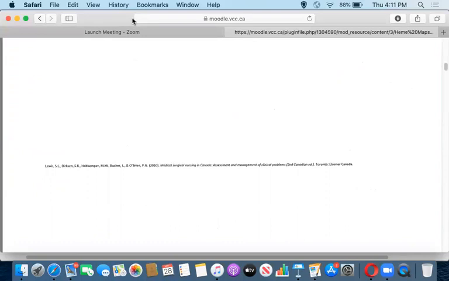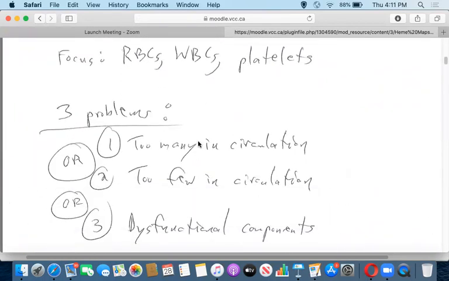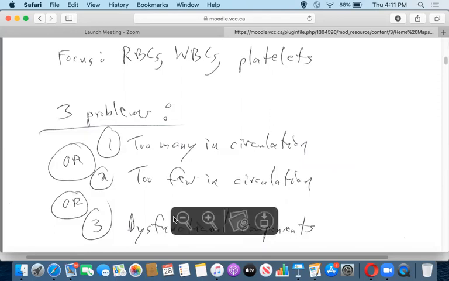You'll find by the end of this unit that each problem has some combination of these 3 things. Either too many of whatever blood product we're talking about, whether it's platelets, RBCs, or WBCs, or all 3, too many in circulation, or you'll find too few of them in circulation, or you'll find dysfunctional components of them,